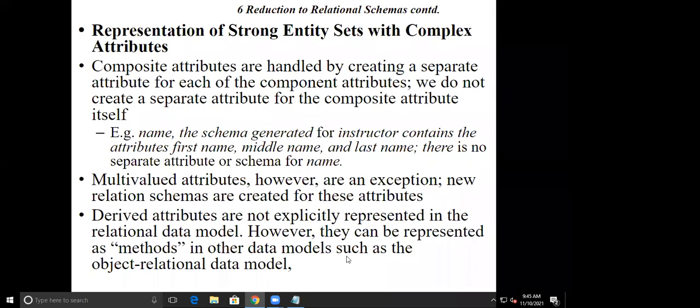Derived attribute means that we are getting some form of input value, and from that we can calculate another value. For example, if I'm getting the date of birth of a person, then by getting today's date, I can calculate the age. Then age becomes my derived attribute. So derived attributes are not stored in a relational schema. There will not be any existence for this, but we can go for some methods, that is functions which will calculate this value.